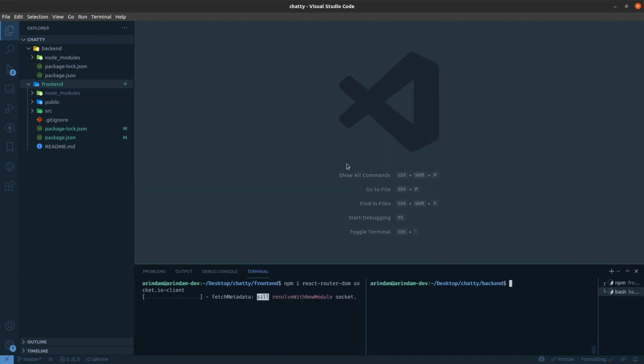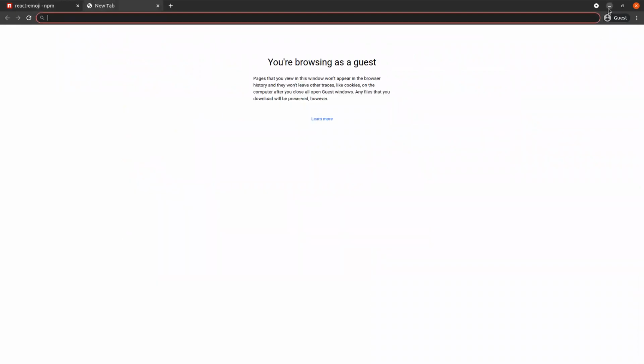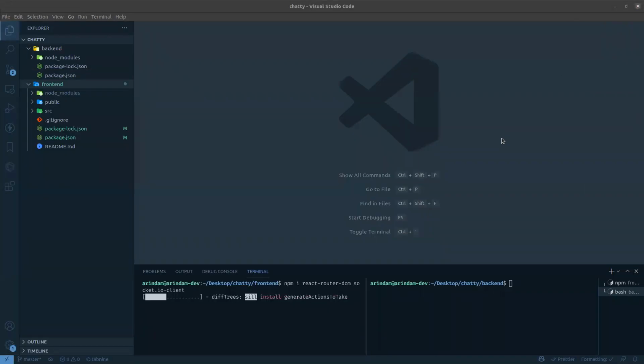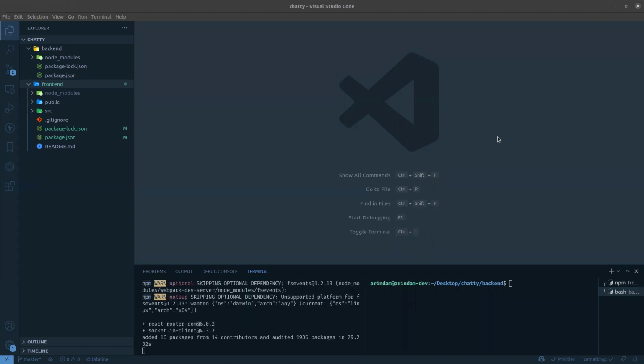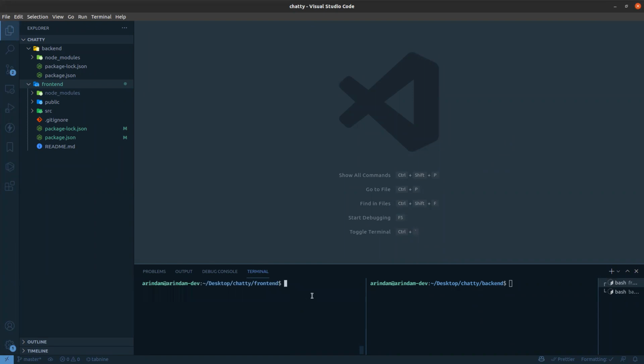So first, let's start from the design part, from the front end. First, we need to build the form, right? You already saw there is one form. From that form, the user can give their nickname and the room ID, and when the user clicks on join room or create room or sign in, whatever you can say, it will switch to another route, which should be the chat route. So let's start.